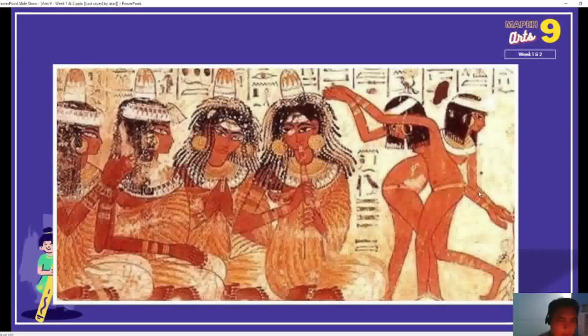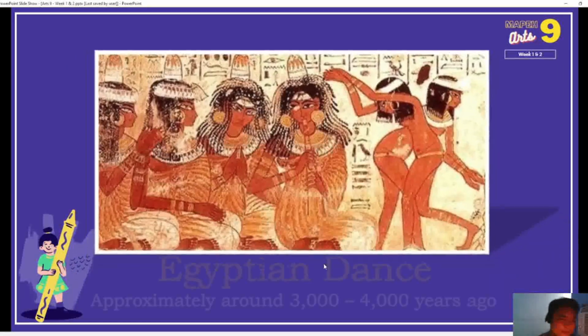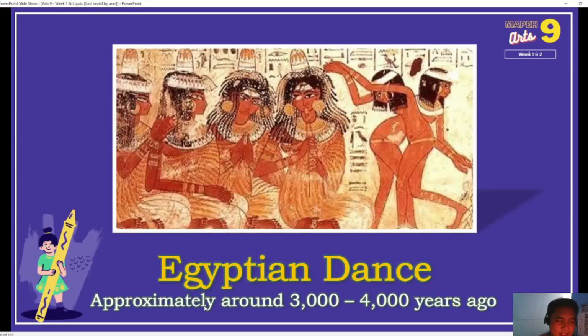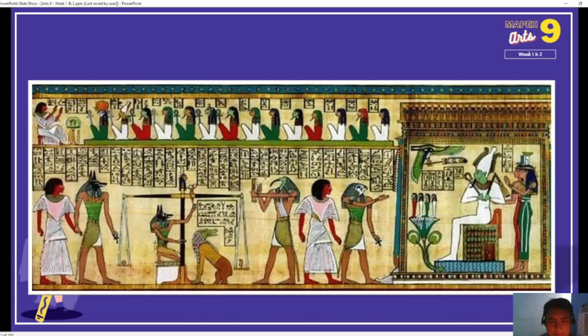This one is from Egypt. So we have here a group of ladies clapping their hands, playing an instrument, and dancing. This one is called the Egyptian dance, roughly around 3,000 to 4,000 years ago. This one is very